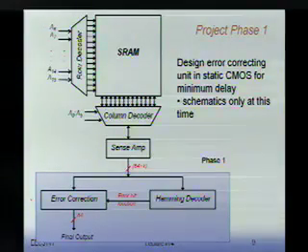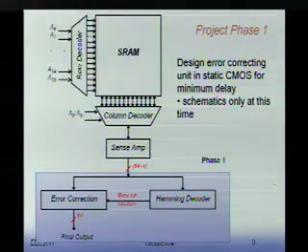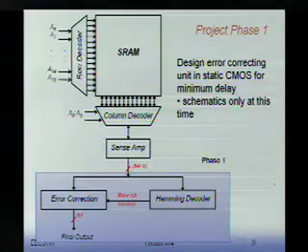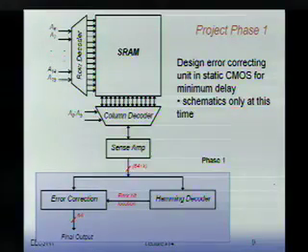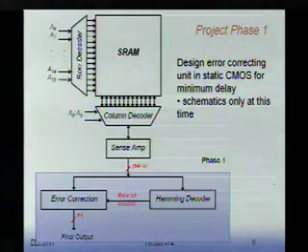Static CMOS. We're not going to do layout. Really, there's an effort in optimization. So what I require you to do is design all the logic for this thing and minimize the critical path in its length. And the options you have, obviously, is how you construct the logic, but also especially how do you size the transistors. So this is going to be a major effort in logical effort optimization, the type of thing we've gone through. You have to figure out what the critical path is, where it belongs,